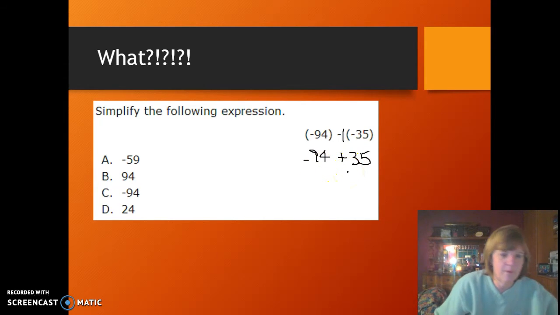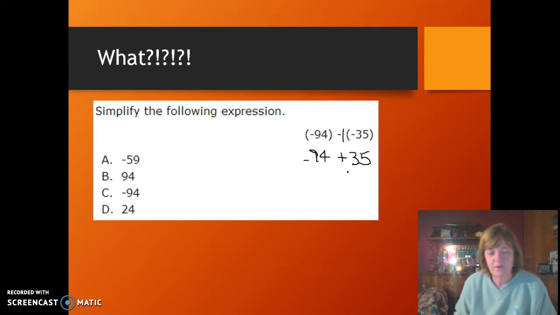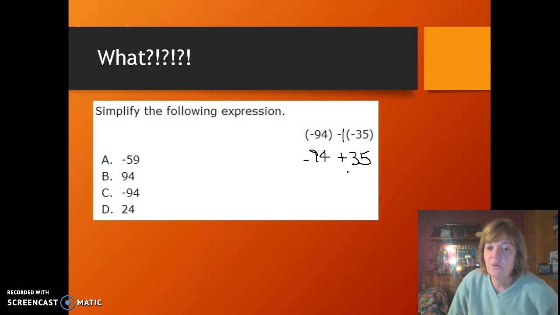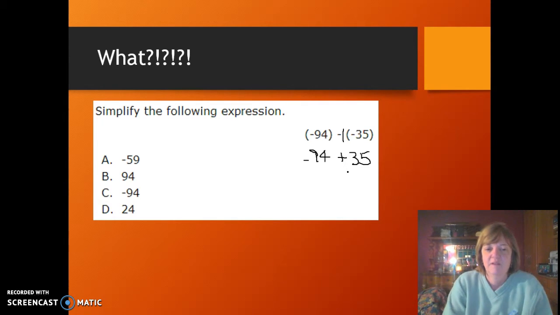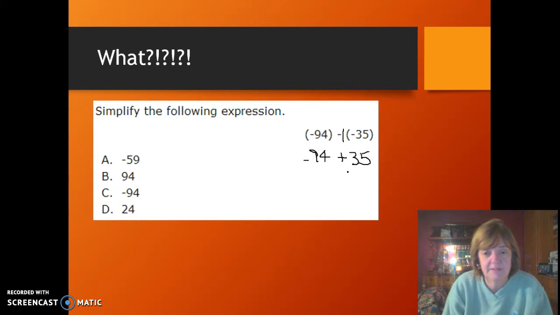You know what? I don't remember. I can't remember if it's 59 or 24. I think it's 59, actually. Come to think of it, it's got to be. You know why I know that? Here's another little secret in doing these multiple choice problems. I'm going to clue you in. Not all teachers tell their students these things. Okay, I'm going to get out my calculator to confirm it, but